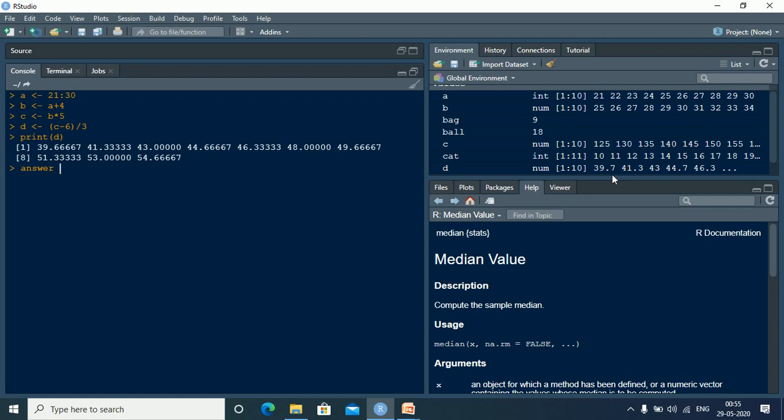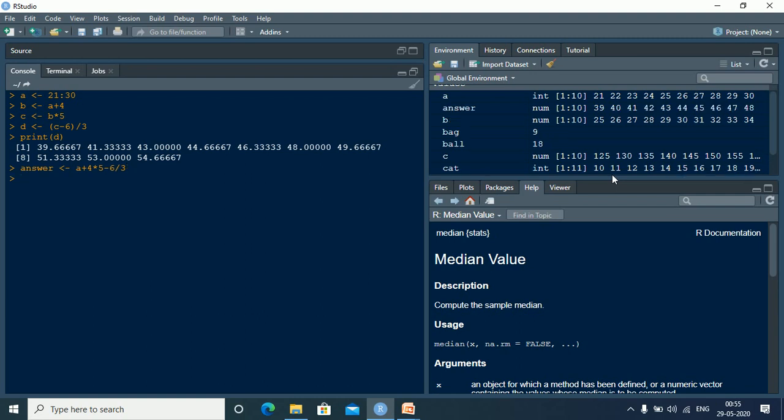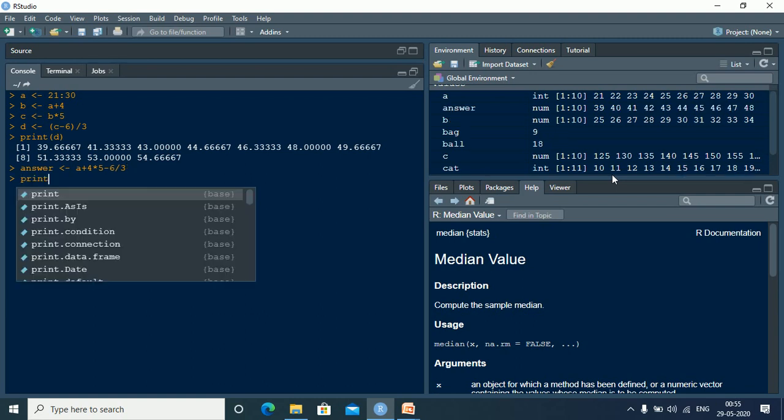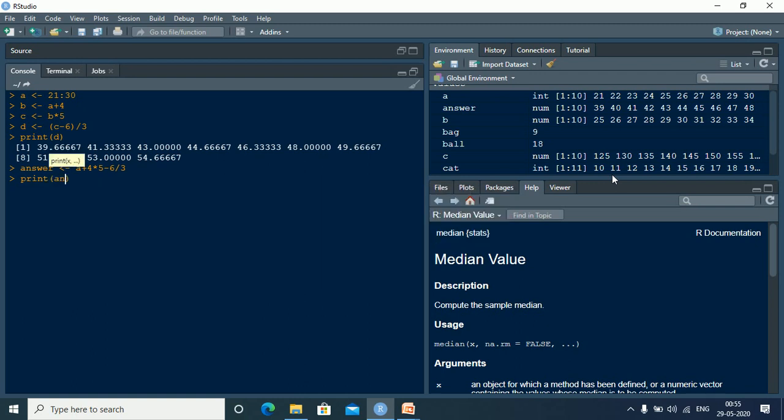So I have created a new variable answer <- A plus 4 multiplied by 5, subtract 6 and divide by 3, and just click enter. And now let me print answer.